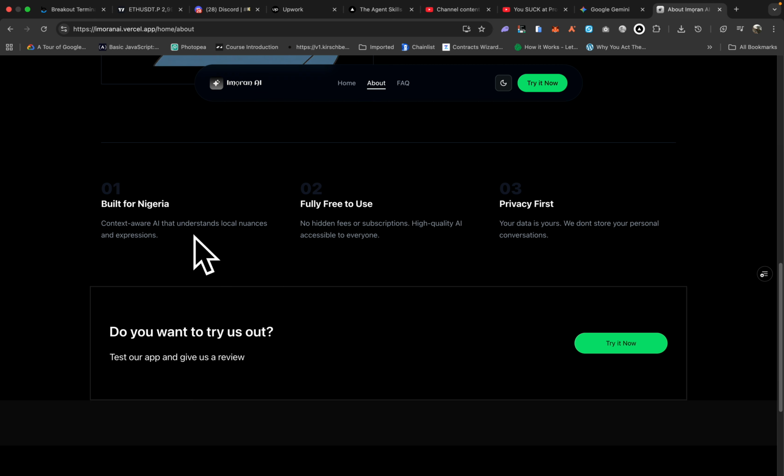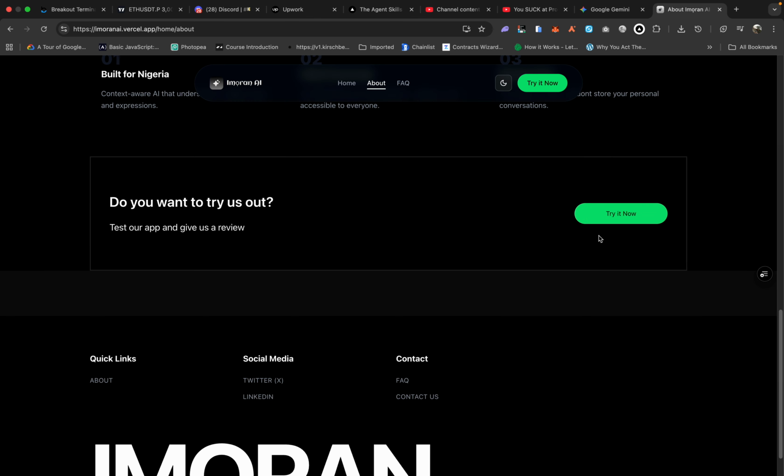It's beautiful, Nigeria, and also it's free to use, because most of the personalities are Nigerians. So you're going to see a lot of nuance and a lot of vibe, like it's Nigerian. It's free to use forever because Gemini is free and the API is free, at least the one I'm using currently. If you want to use it, you don't need to pay any subscription, nothing like that, no paywall or anything. It's free to use, and your data is yours. If you want your data deleted, you can email me and I'll delete it for you.